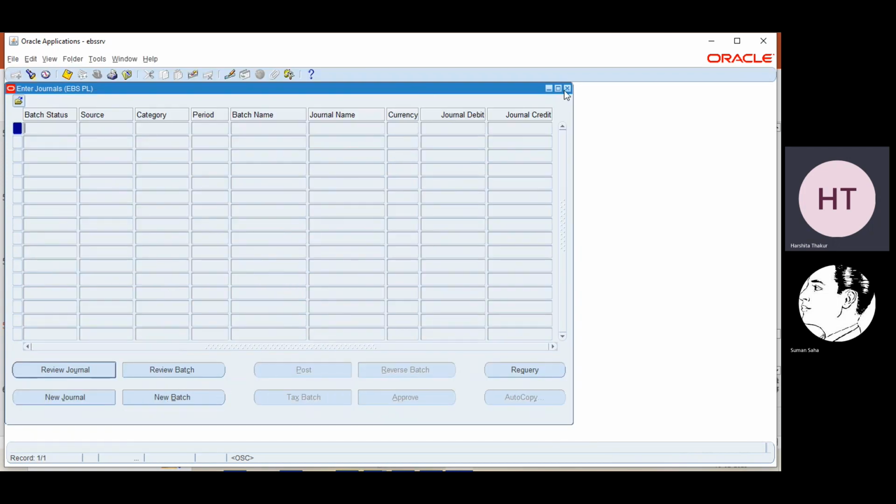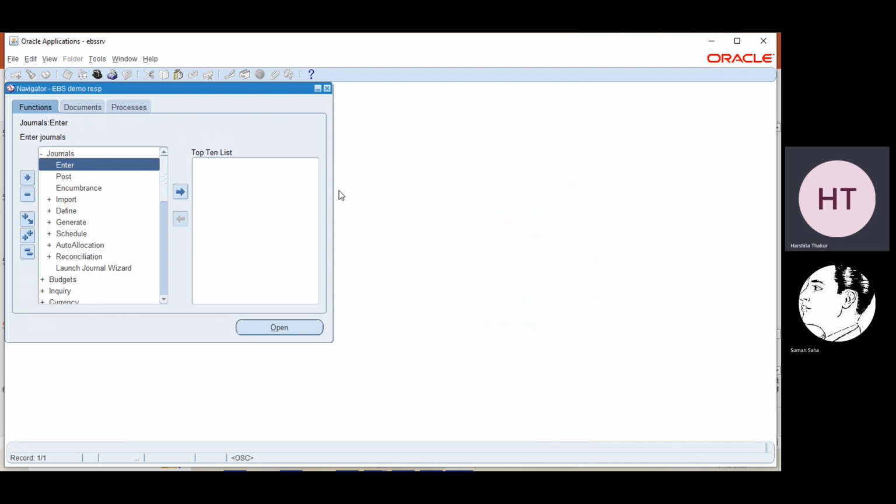Now what you can do is, as I have already said, after creating a journal, you can just go back to your auto post criteria set window, and from there you can just click on the submit button, what I showed you 2-3 minutes ago. Fine. But now I am showing you another way. First is the auto posting criteria set window submit button, and the second one is go to view, request,